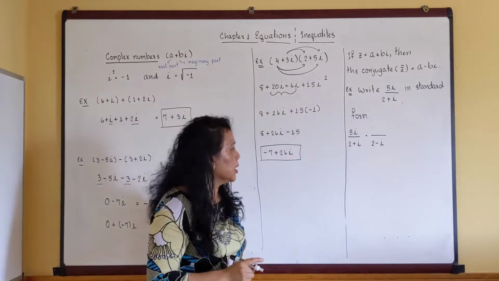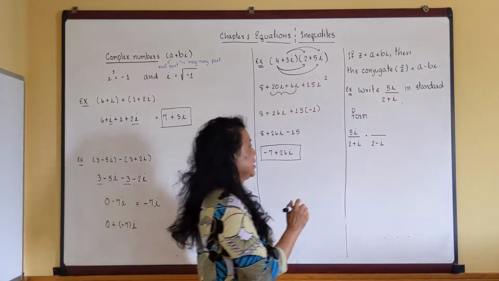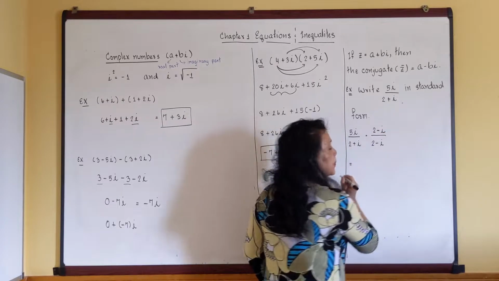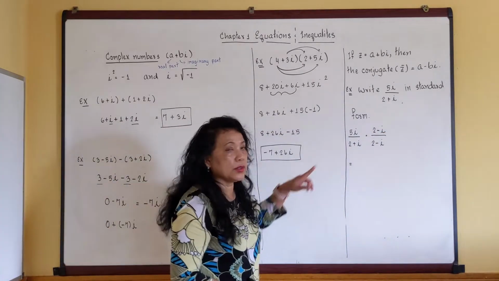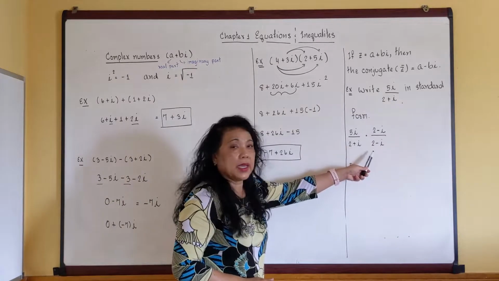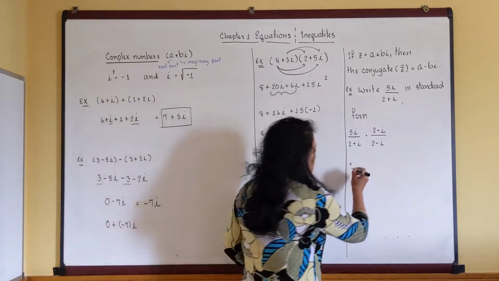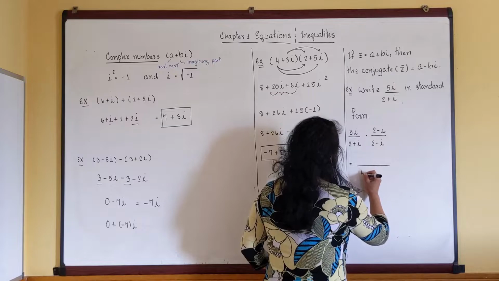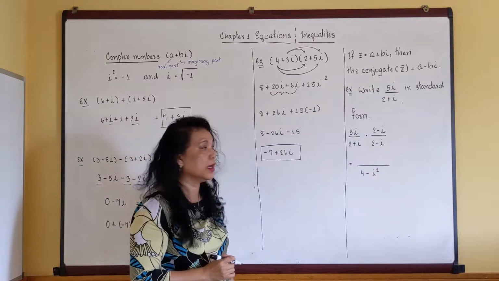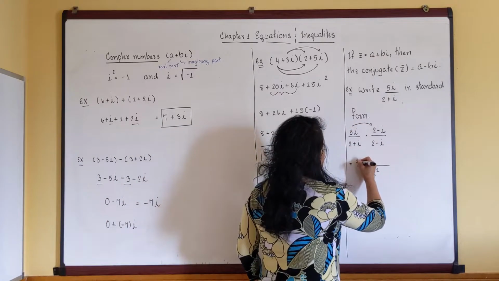If you multiply the conjugate to the denominator, you have to do the same on the numerator. So I'm going to have 2 minus i. Now the denominator, I'm going to use difference of squares. Think of a plus b times a minus b equal to a squared minus b squared. So the first term squared, I'm going to have 4 minus i squared. That's the denominator. Now the numerator, I'm going to multiply this first term. So it's 10i